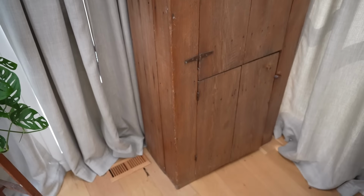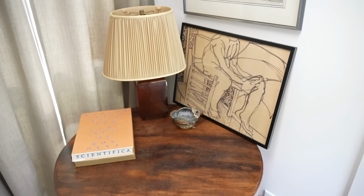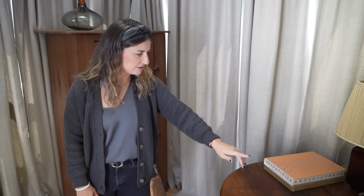This table tucks in nicely to the corner. I got this also at Golden Oldies. I have some artwork here that I purchased from 214 Modern on the bottom, I believe. And